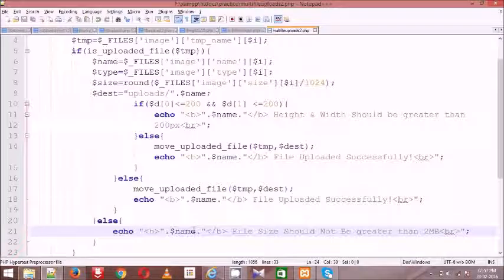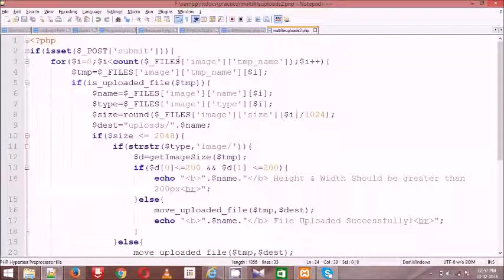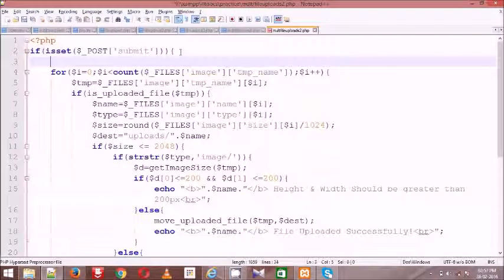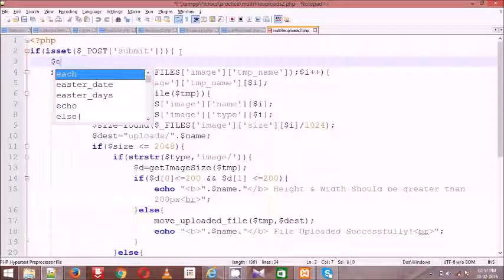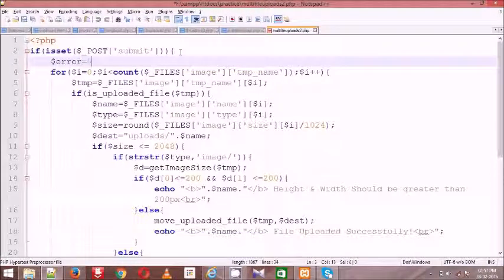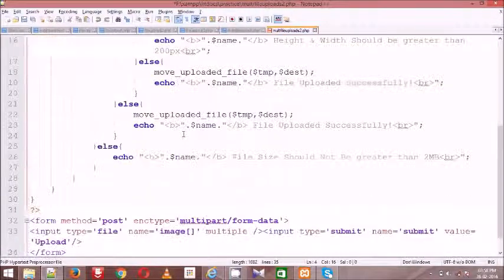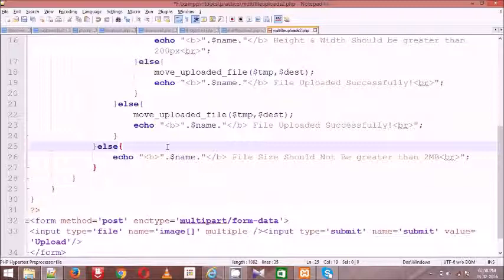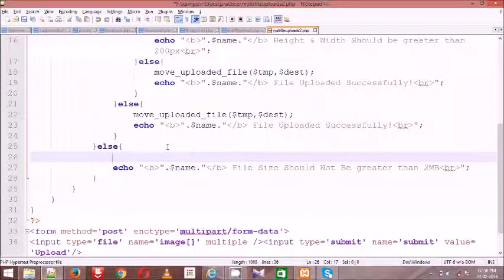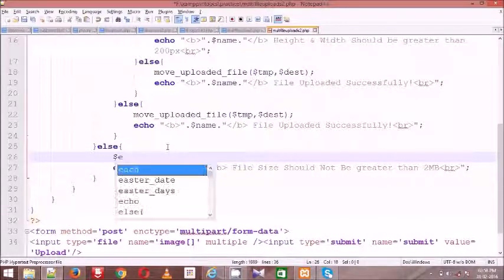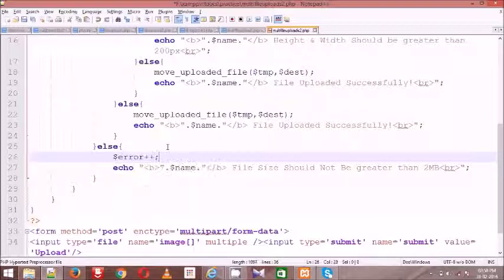So it's mandatory to check how many files are uploaded or not. So here I am giving a message: $error equal to 0, $success equal to 0. So now when he entered into this block, in the sense the file is not uploaded, so I am incrementing error.